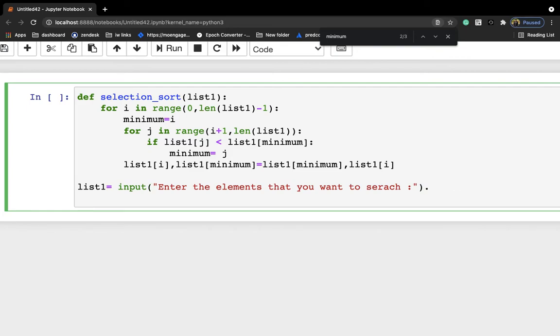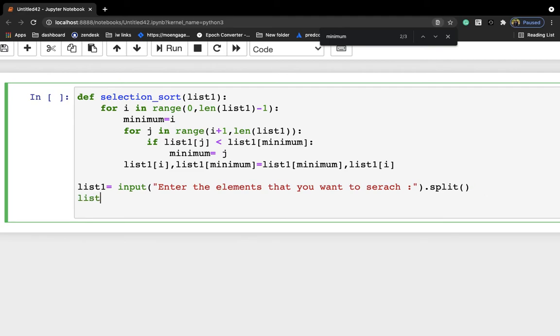I am writing the split function, because the split function will split the string into list items. And now let me convert everything to integer. For that I'm writing int, which is a built-in function, int of x for x in this list1.